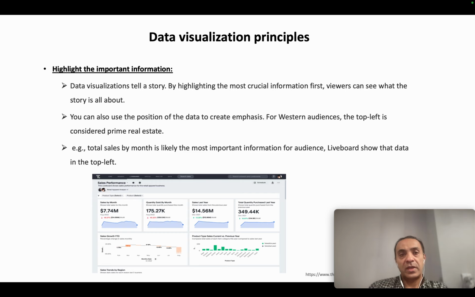We also need to make sure that we are highlighting the important information, because data visualizations tell a story. By highlighting the most crucial information first, viewers can see what the story is all about. You can also use the position of the data to create emphasis. For Western audiences, the top left is considered the prime real estate. For example,